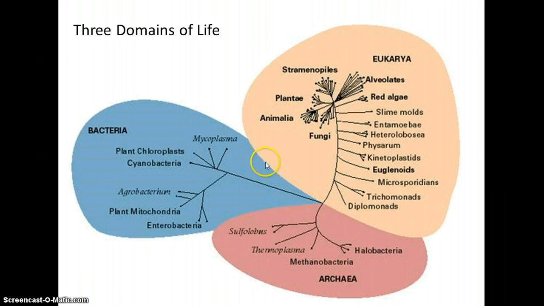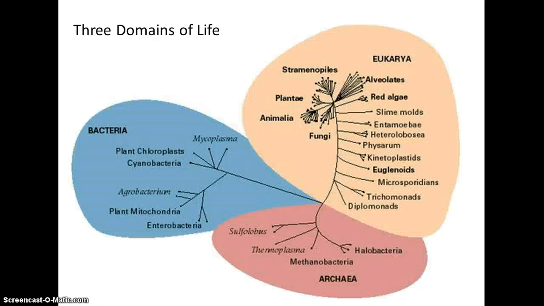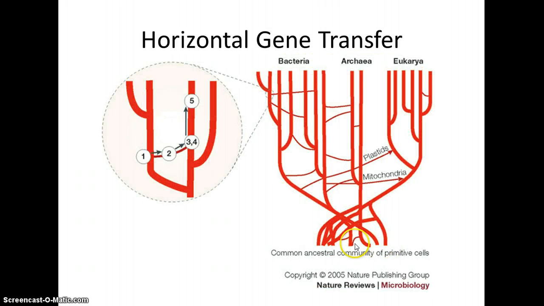In this slideshow, we're just going to focus on the prokaryotes. We'll get to the eukaryotes later. Now, one thing you want to keep in mind is sometimes we may think of different species, different groups of organisms, different domains for that matter, as being relatively isolated from each other. But in fact, there is a fair amount of movement, particularly of genes, between these groups. Within the prokaryotes, there have been many documented examples of horizontal gene movements between what we would consider separate